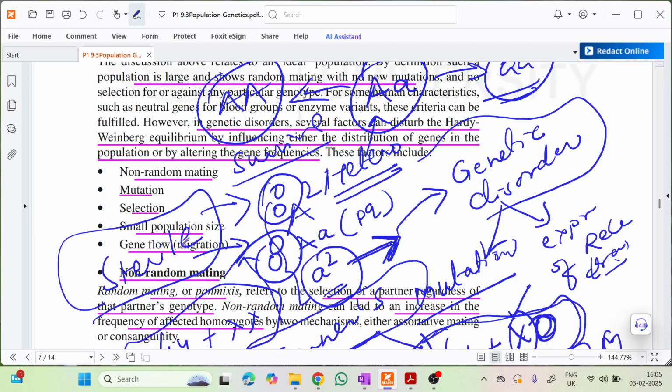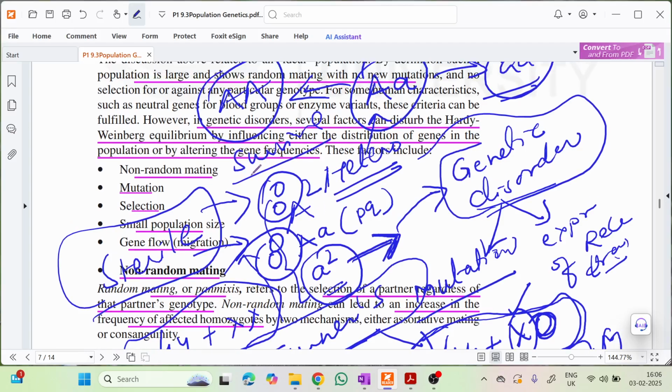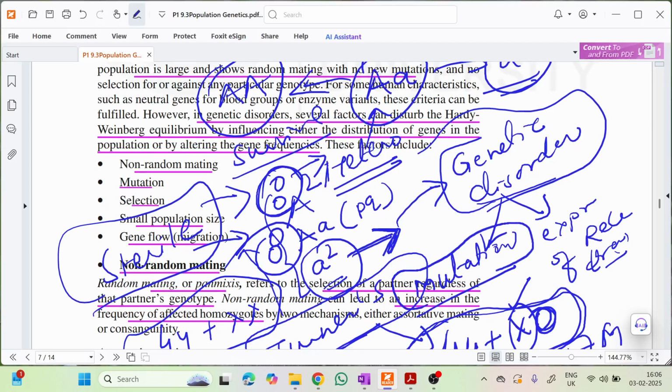So in that case, the offspring of the individual suffering from a genetic disorder, even if they are healthy, they also possess the recessive gene. So because of that, the genetic frequency of the whole population will also get disturbed. And second, if those genetic disorders are caused by mutations, then mutation will ultimately disturb the genetic frequency, because this mutation comes from outside, because it is not similar to the working of natural selection.